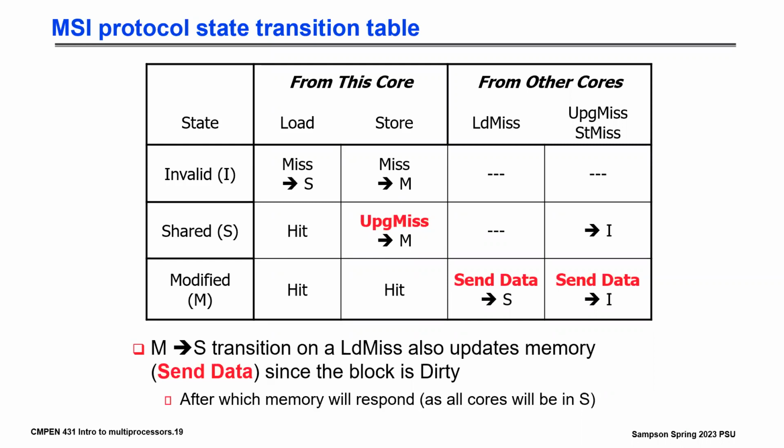If there is a load miss from another core, I don't have to do anything. I have a copy. I could send it. I don't need to. There's not really a notion of ownership here other than with the main memory. I'm going to sit here and wait for memory to take care of this. I'm like, yeah, not my problem. Memory will figure it out. Whatever copy is in memory is the same as mine. We're all in a shared read-only state. You can get it from anybody, so you can get it from memory. Not my problem. Again, this is a scalability issue. If we don't have a notion of ownership, and they all tried to respond with